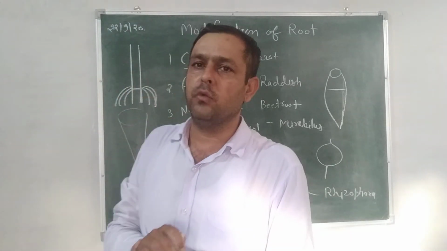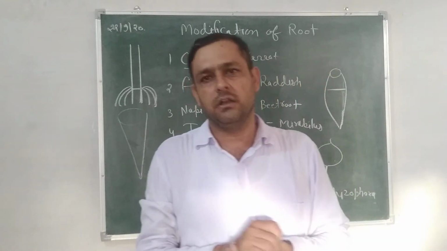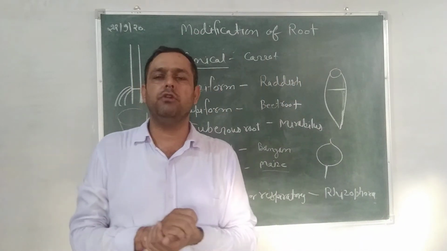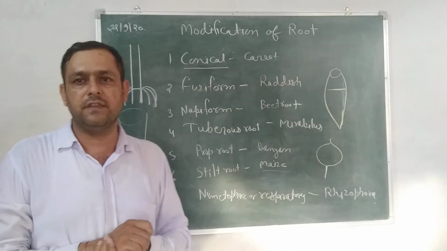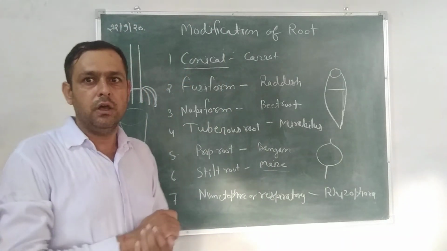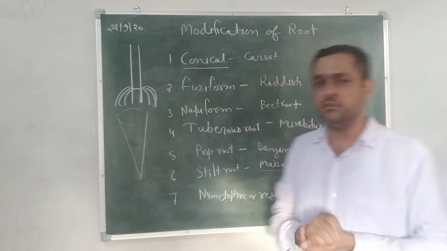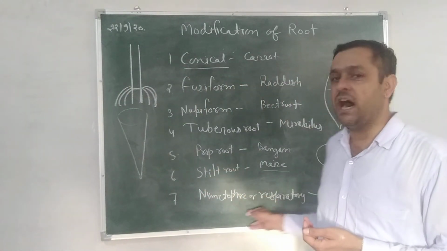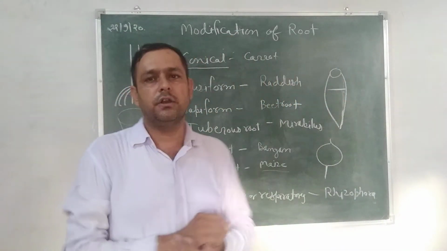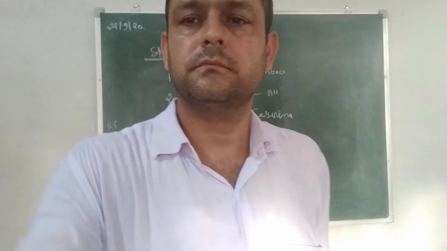We talk about what is root. Root is a plant part which grows underground, positively geotropic and negatively phototropic. But whenever the roots come out of the underground for respiration due to lack of oxygen in that region, those roots are called pneumatophore or respiratory roots. Example, rhizophora. Now our next topic is stem.